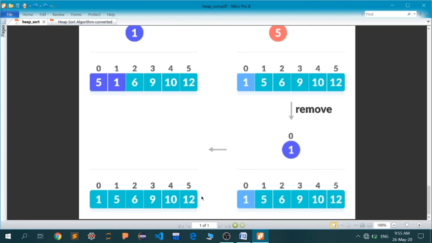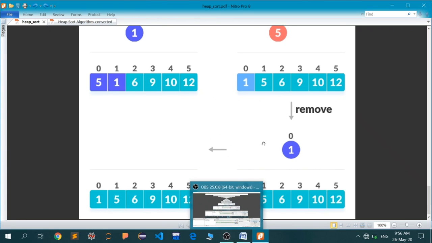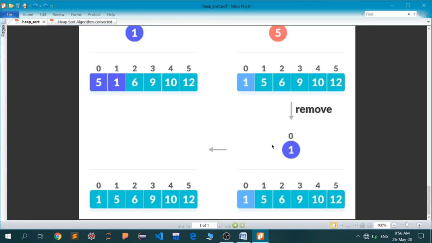So these 3 things will be applied in order, that is first swap, second remove, and third is heapify. Then again swap, remove, and heapify. And in that way your complete binary tree will be converted into an array which is actually in sorted form. So this is all for your heap sort. Thank you.